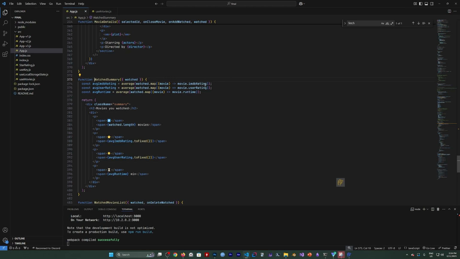So array of IMDb ratings, and then we're just getting user rating. So these are just average runtime, and then movies you watched, movies length. And then